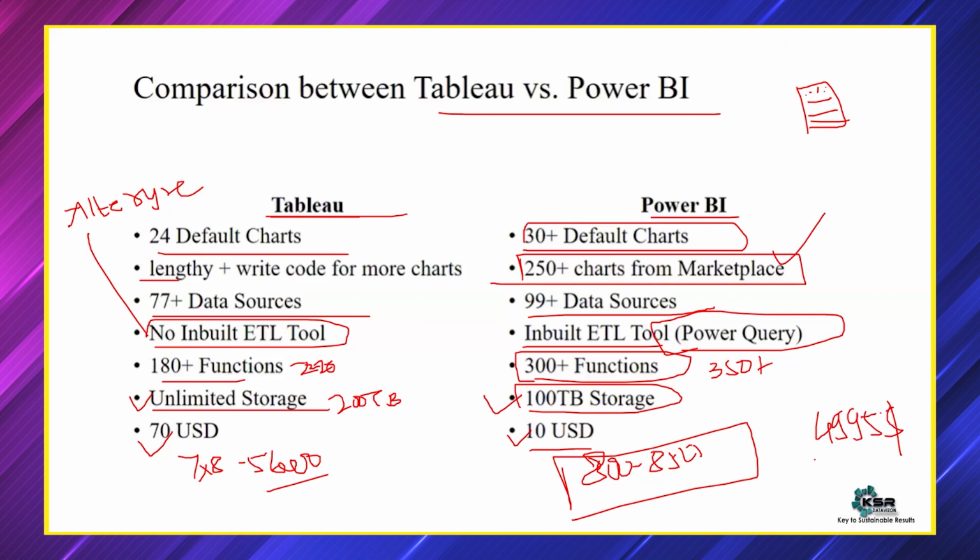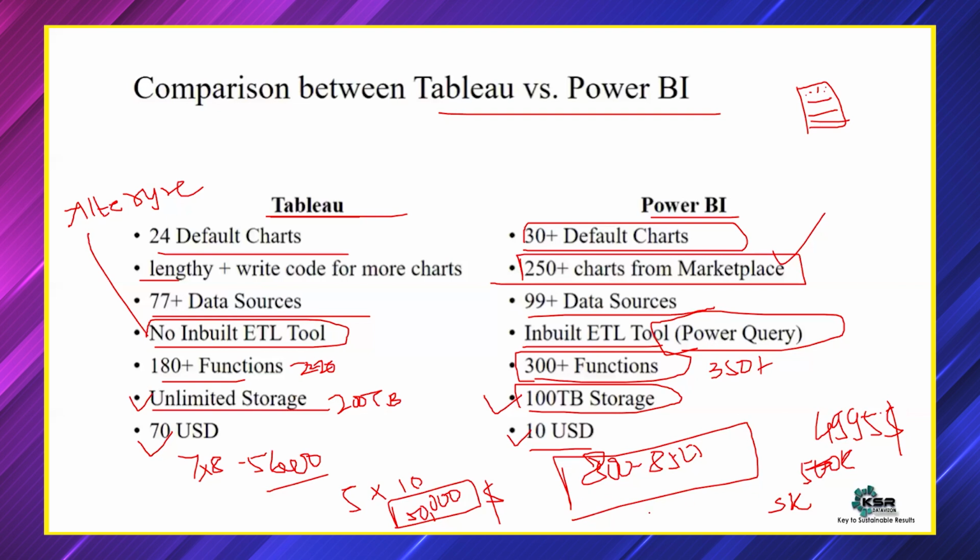Combinations means if there is an organization where 500 or 5,000 people are working, I'll keep it as 5,000. You need not purchase 5,000 different pro licenses. You can go ahead with the premium license. In premium license, you can add more than 300 people. So for 5,000, if you're trying to purchase individual pro licenses, that means 5 into 10, that is 50, and for 5,000, 3 more zeros. You have to pay this amount, $50,000